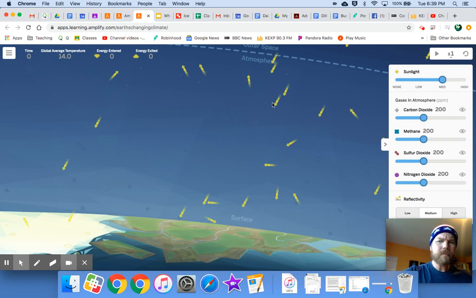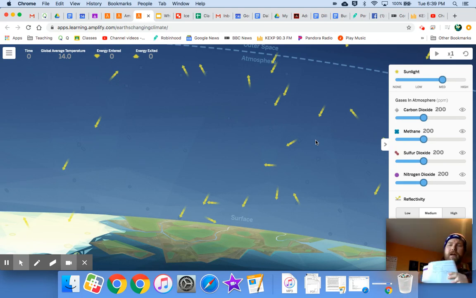Cool. So what you're going to do, you're going to try to get all of that ice to melt. So what are you going to do? I'm going to guess a lot of you are probably going to turn off the sunlight. But what about these gases and reflectivity? Maybe you'll toggle some of those and see if you can get that ice to melt. When you do,